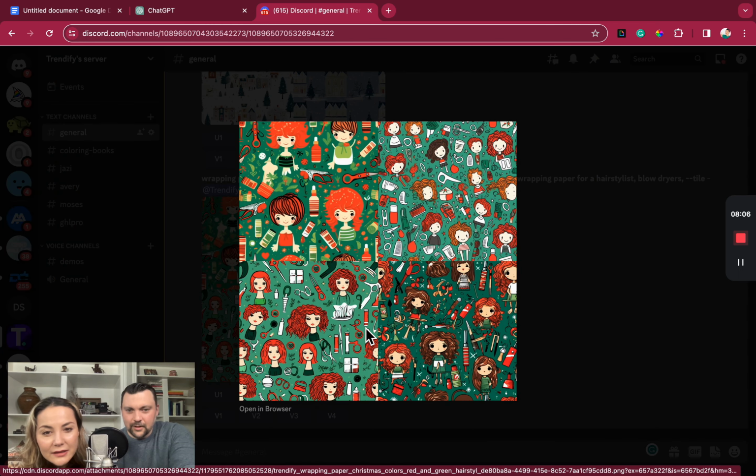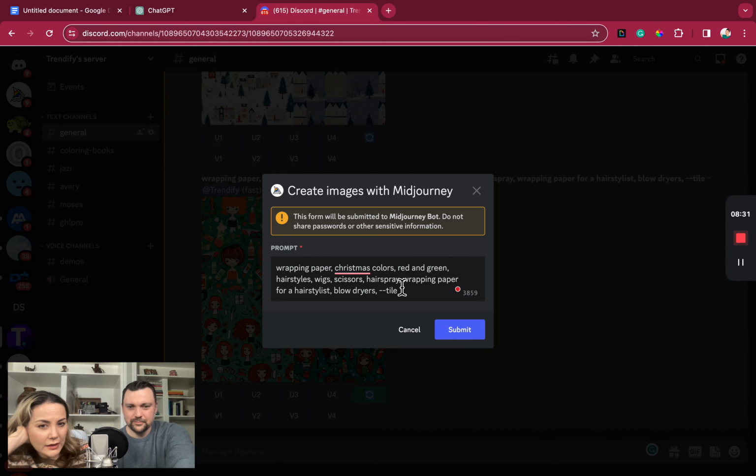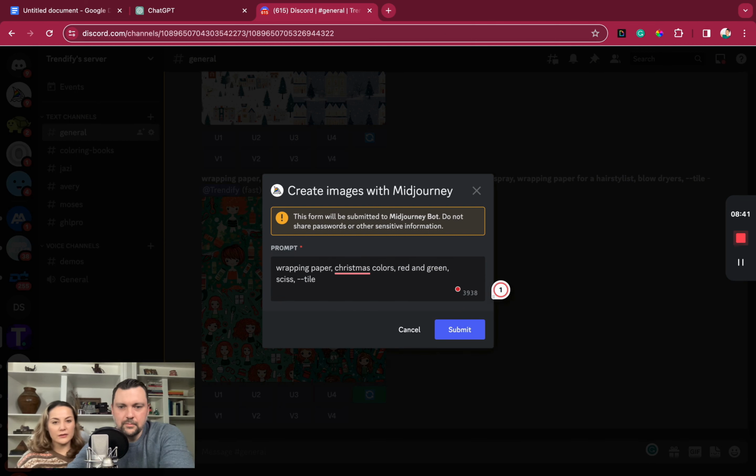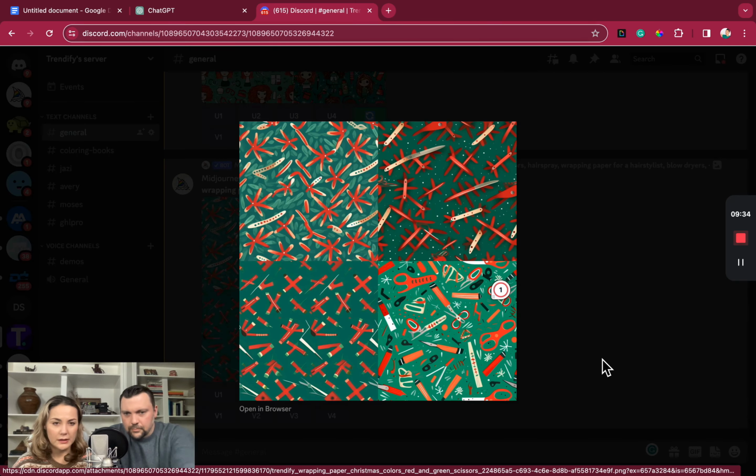Let's see what we get. Okay. Cute. Yeah, it's pretty. Those aren't necessarily scissors, but we're getting close. This concept is really cute. Let's see if it doesn't know what scissors are. Seriously, let's just make it red and green and white scissors and just see. Maybe we have to go a little more basic. Those are really cute, though. That's the problem. So we're not getting very great results with these prompts here.